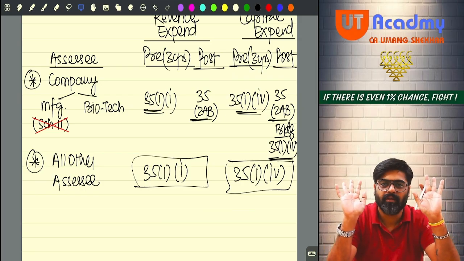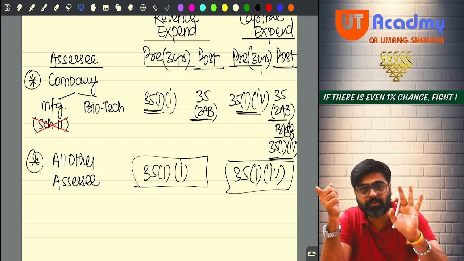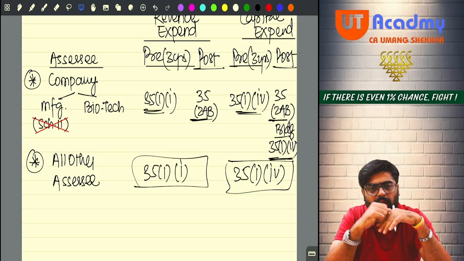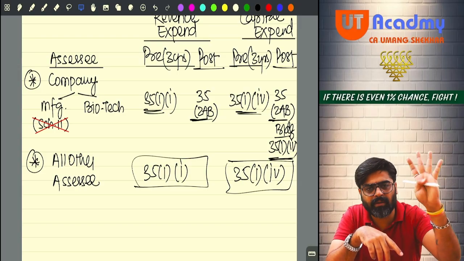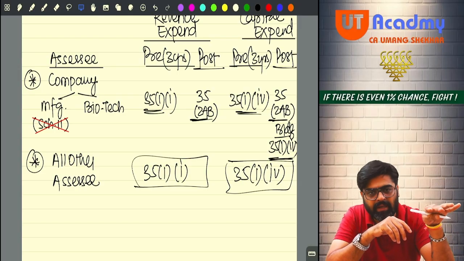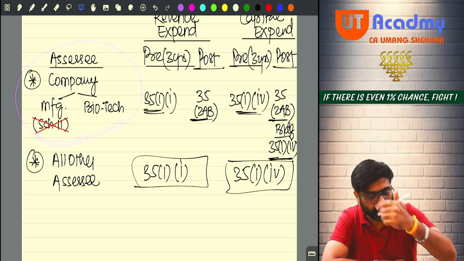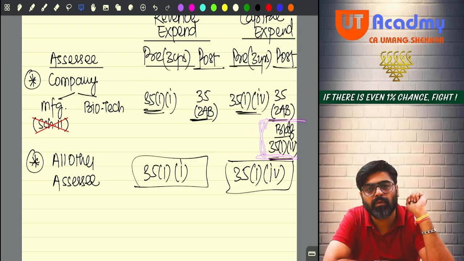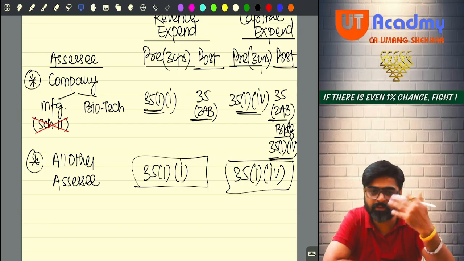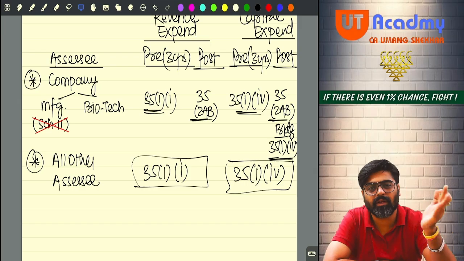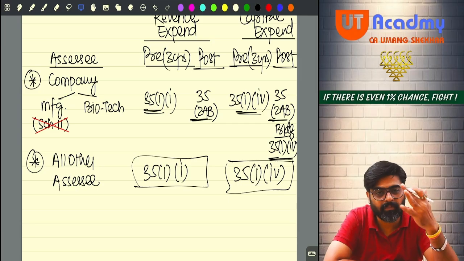You are any assessee. Have you incurred any revenue expenditure pre-commencement? Claim that also fully. Have you incurred any pre-commencement capital expenditure other than land? Yes, claim it fully. Even if it is the cost of building incurred by this company, that is also fully allowed. And whatever post-commencement expenditures are there, they are also fully allowed, whether you talk about 35-2AB or 35-1-4. So it will not make any difference now.